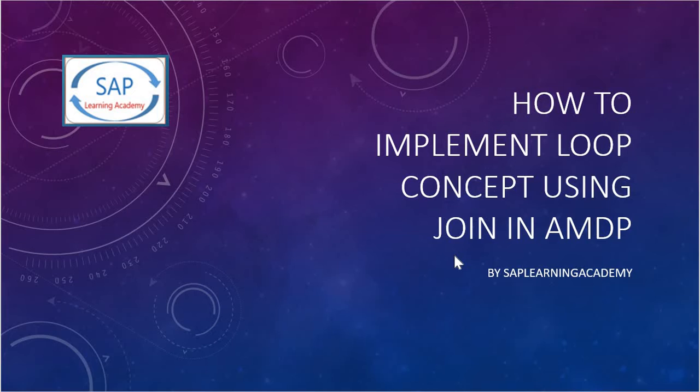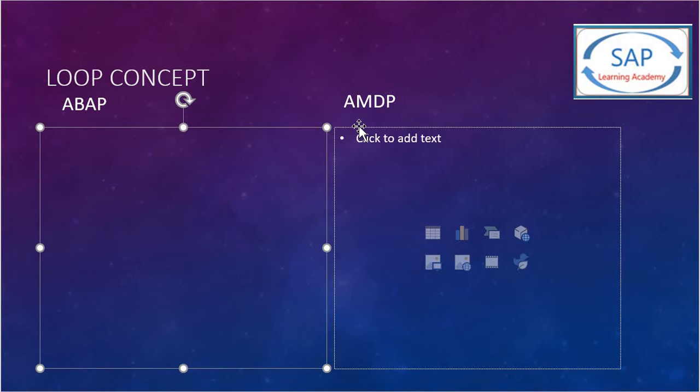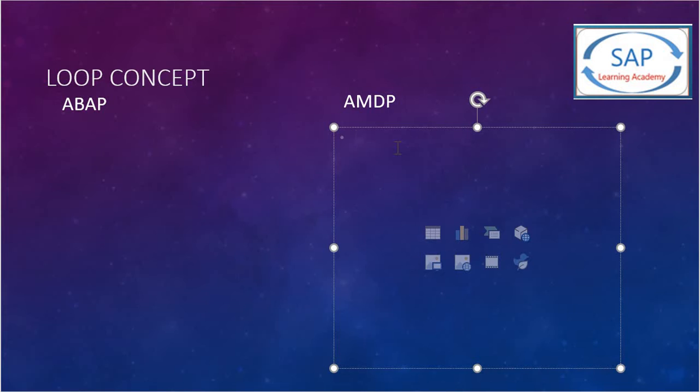In this tutorial, I will be telling you how to implement loop using join in AMDP. So in this tutorial, I will be having two parts. One is in ABAP and the other one in AMDP. Because in ABAP, we can write the loop statements, but in AMDP, it does not provide the loop concept